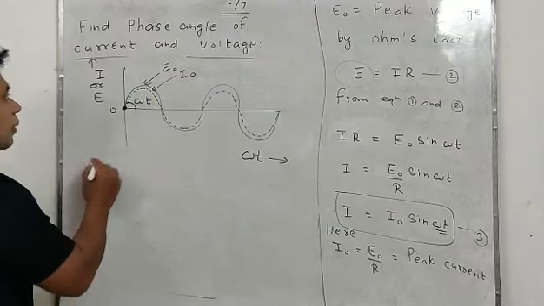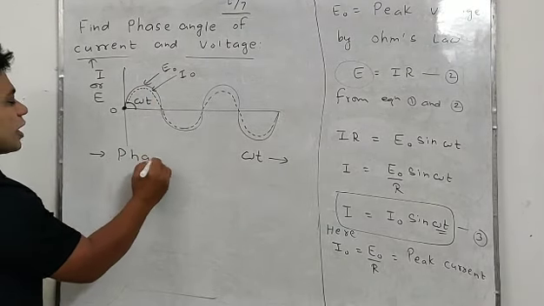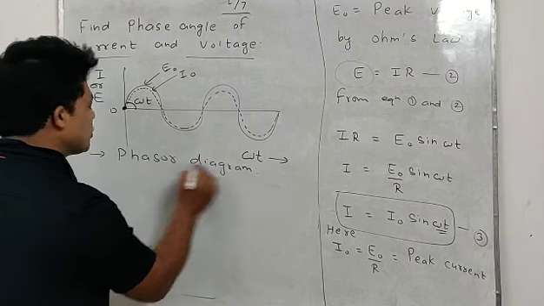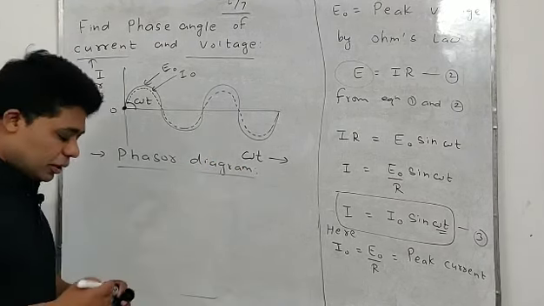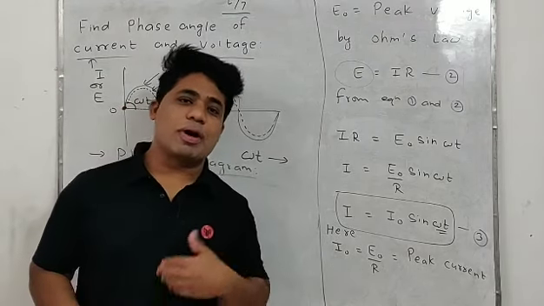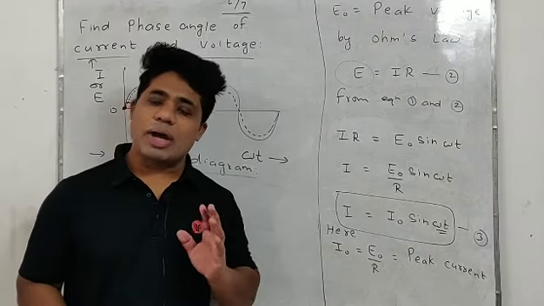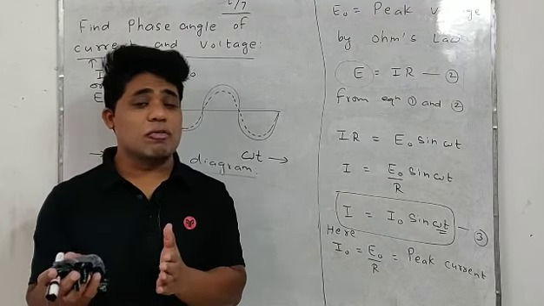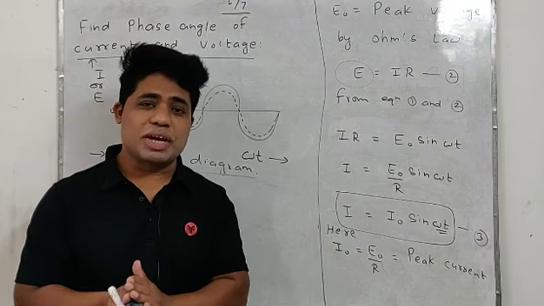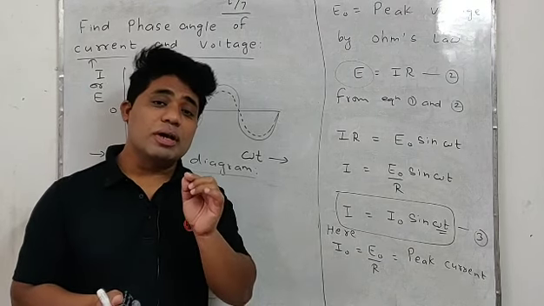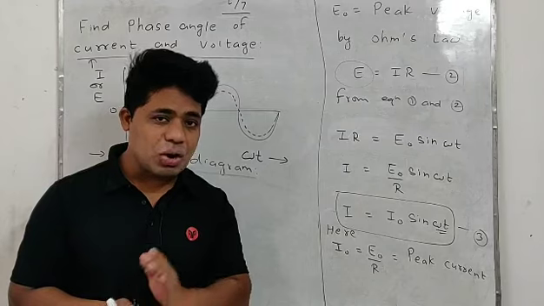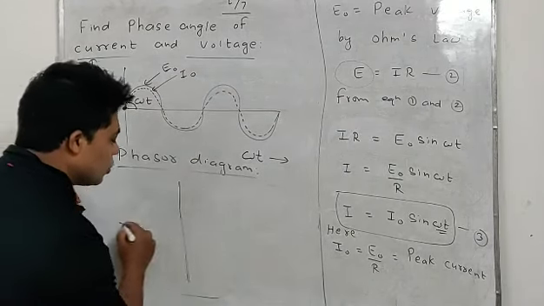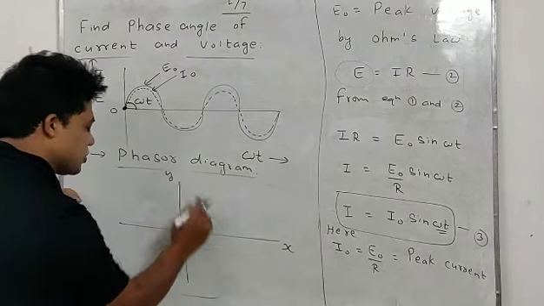One more graph we will make, which is said to be a phasor diagram. What is a phasor diagram when only R is connected with an AC source? It is the graphical representation of current and voltage along the X and Y axes by a rotation diagram, showing the phase angle of current and voltage. Such a diagram is said to be a phasor diagram. So that is the X axis and that is the Y axis,